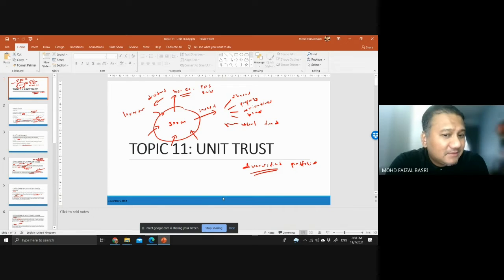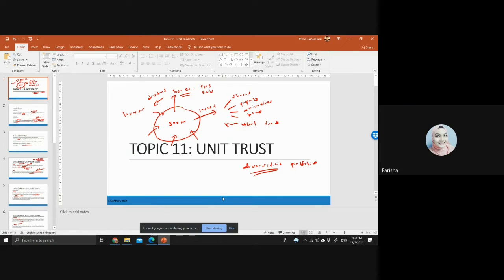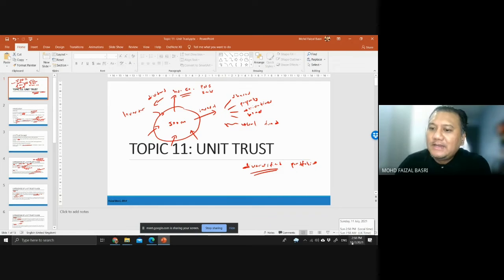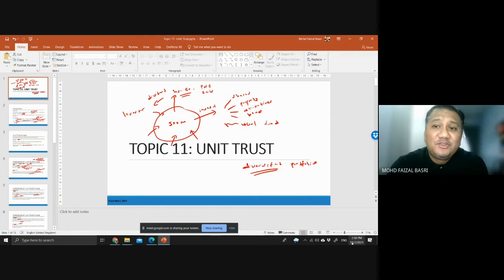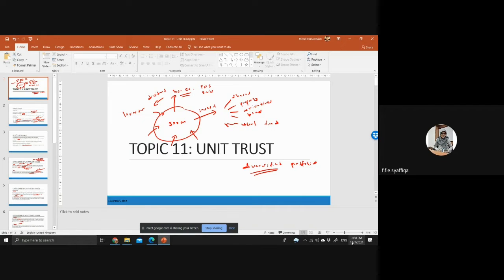Sabtu tu Sabtu ada berapa hari bulan ni? 17 ya sir? Ya, 17. Sabtu you nak buat pagi ke petang ke? Ada yang kerja petang, I tak sure. So kalau tak kita buat pagi boleh? Kalau Sabtu prefer malam. Boleh, I tak kisah. Malam okey sir. You all okay? Malam okey.